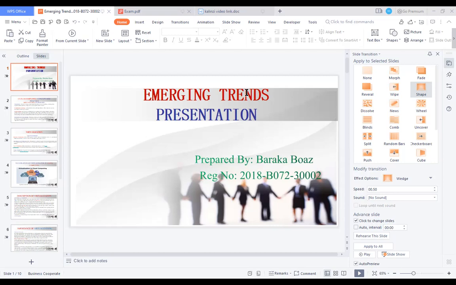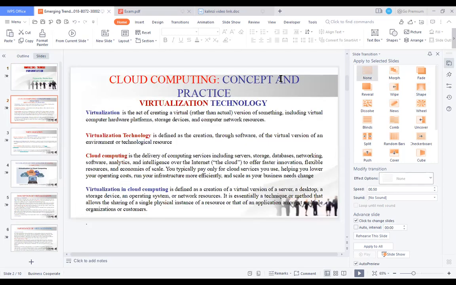Today, I'm going to discuss and explain an emerging technology used in cloud computing. So here I brought a technology called virtualization,